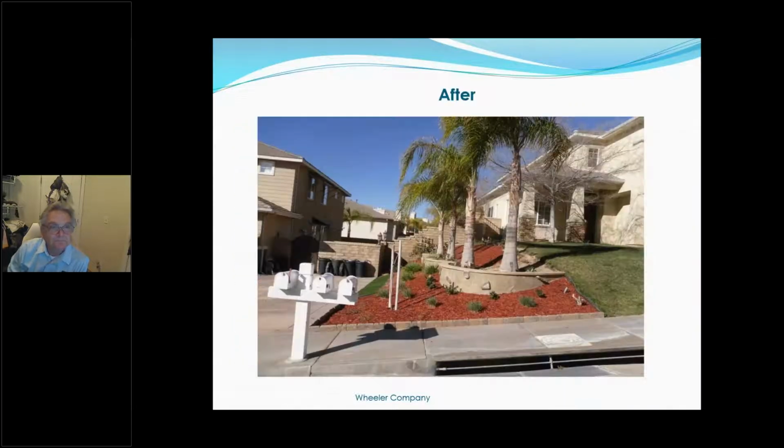Next. There we go. So you can see the little bit of artificial turf they used on the left side there. They've used mulch around the plants, and that's a great idea because, as we mentioned before, the plants aren't full grown. Put them in, they're going to grow and fill in, and they need room to grow. And this is all being watered with drip irrigation, so you don't have to have any sprinklers in there. And much easier to maintain. So the before and after on this are pretty extraordinary. Next,